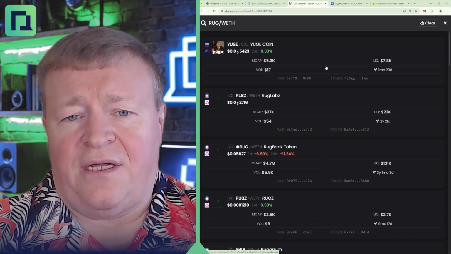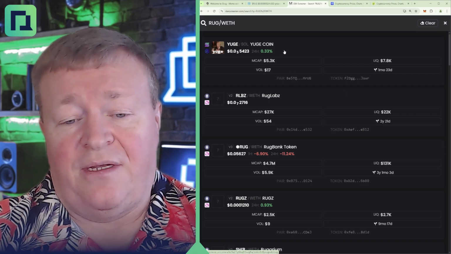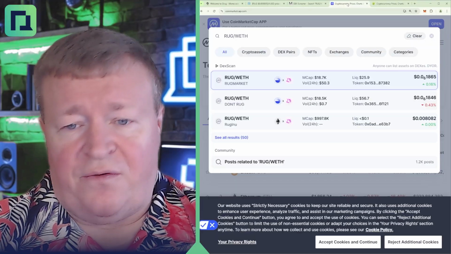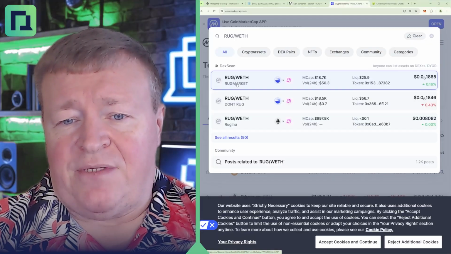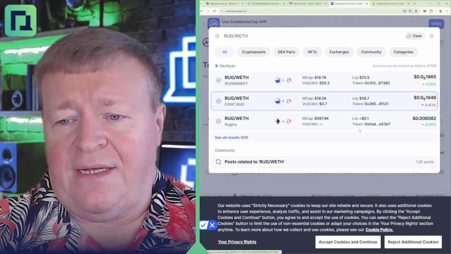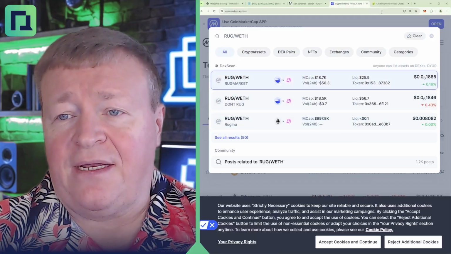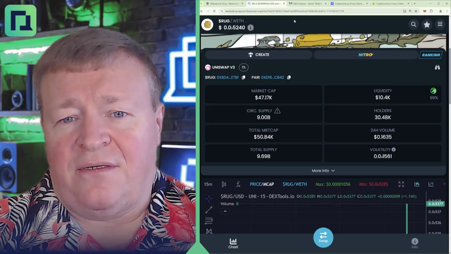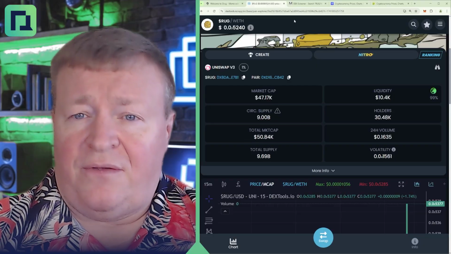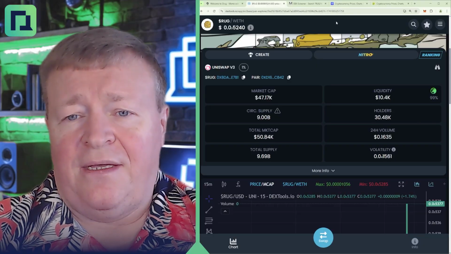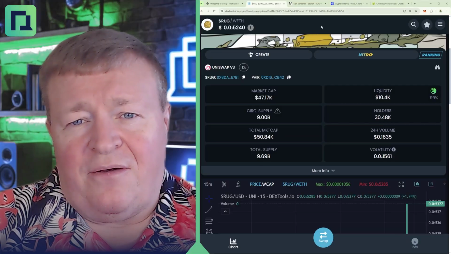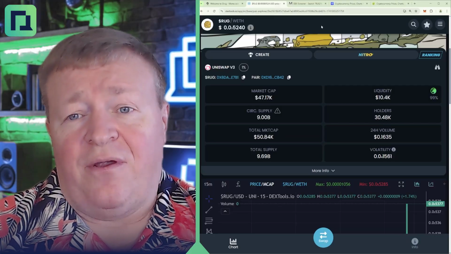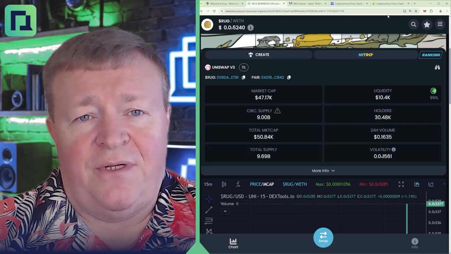It's a little harder. There's actually no filter by chain, so you just end up with a whole bunch of them. Same with CoinMarketCap, no filter by chain. I was able to look at RUGWETH and see, and I still don't even see it, and this is definitely not any of them, and CoinGecko. So my preference is always Dex Tools, if you know the chain, or the website. But you know, if you post up in Telegram or Discord and someone gives you an address, that's when things get sketchy, and that's when you want to definitely spend the time doing your due diligence